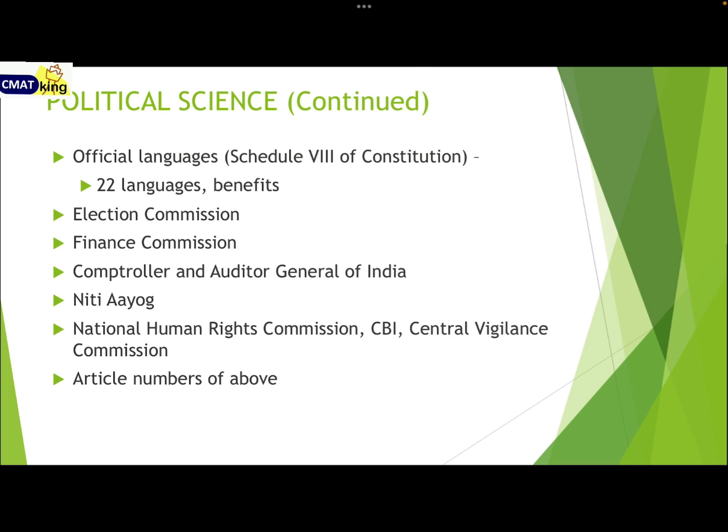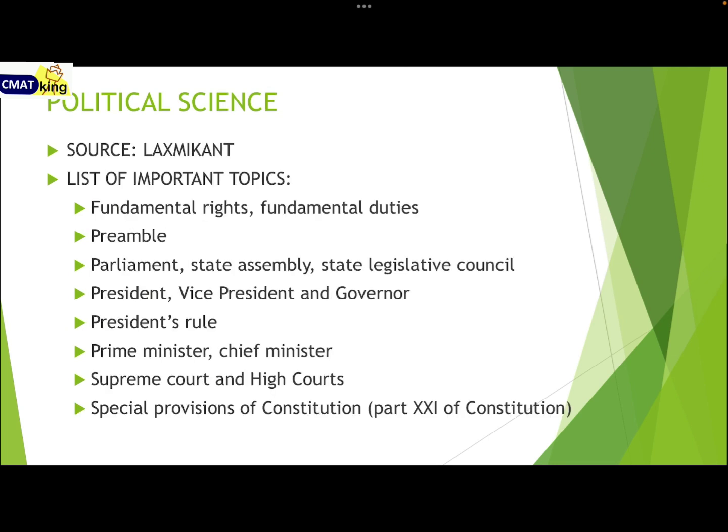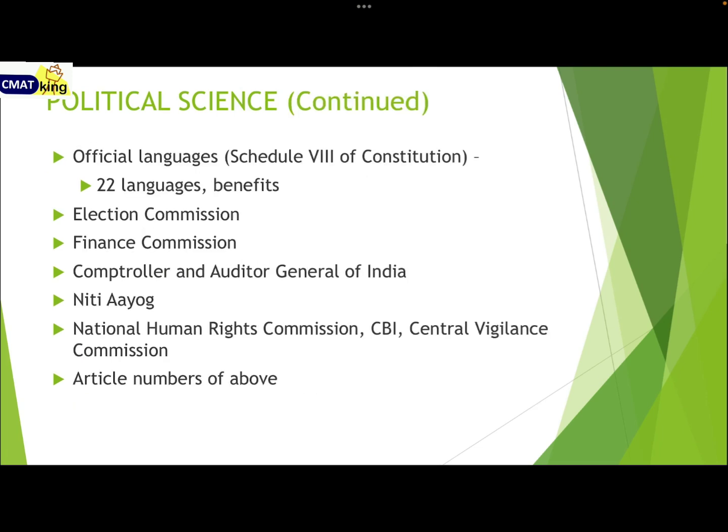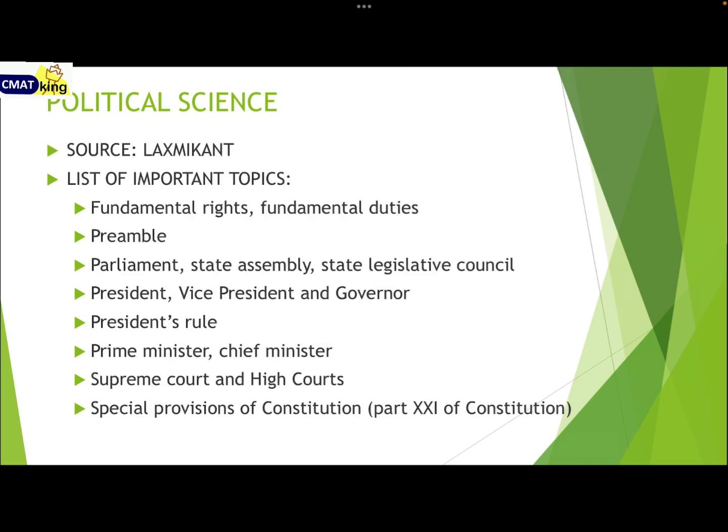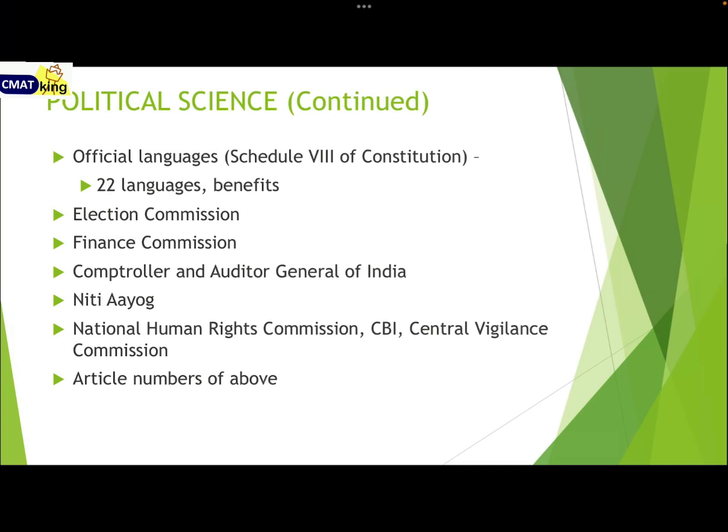And after you have done studying these topics, the article numbers become very important. So what you can do is list down the article numbers of all these topics on a separate sheet of paper, and you can revise that daily for 5 to 10 minutes. For example, from article 14 to article 30, you have the fundamental rights. So each of these topics will have their article numbers, which you have to learn.